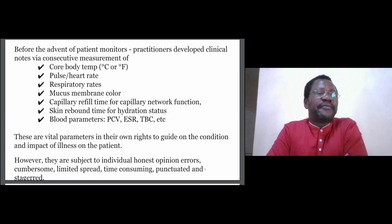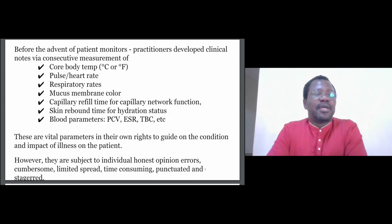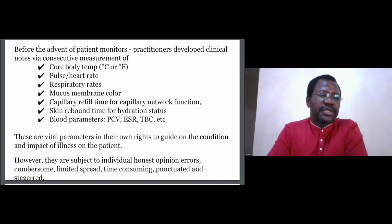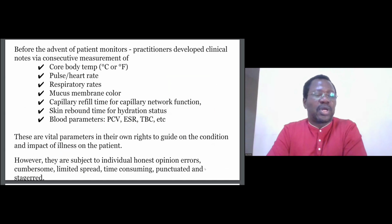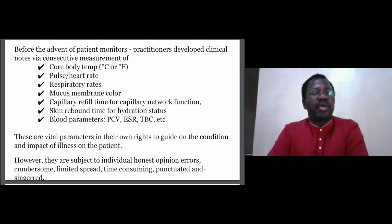But before the advent of patient monitors, practitioners developed a clinical profile of patients via the consecutive measurement of the core body temperature, either in degrees centigrade or Fahrenheit, the pulse or the heart rate, the respiratory rate, mucous membrane color, capillary refill time for capillary network function or tissue perfusion, skin rebound time for hydration status, and blood parameters like PCV, among other things. These are vital parameters in their own right to guide on the condition and the impact of illness